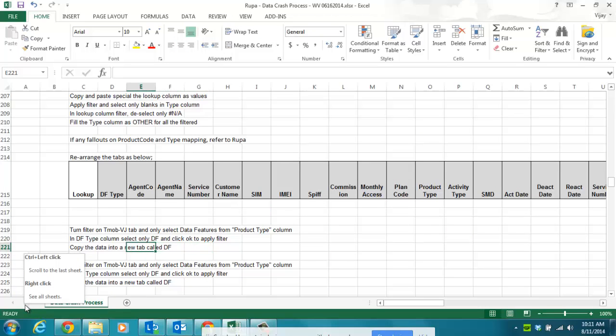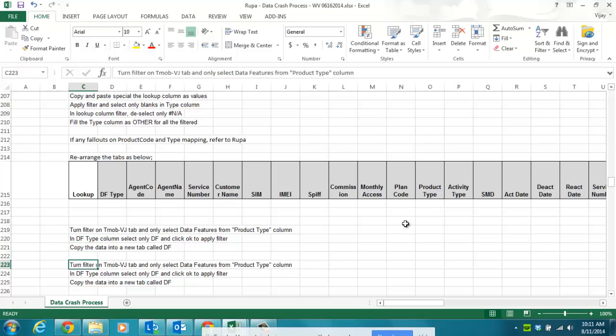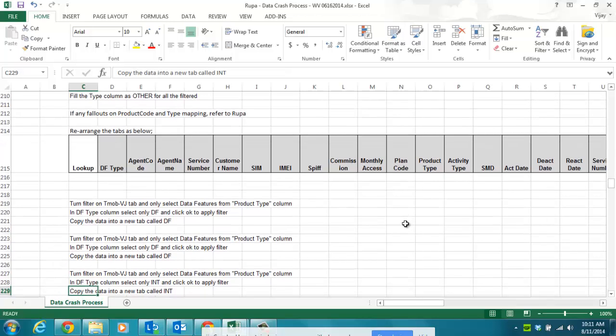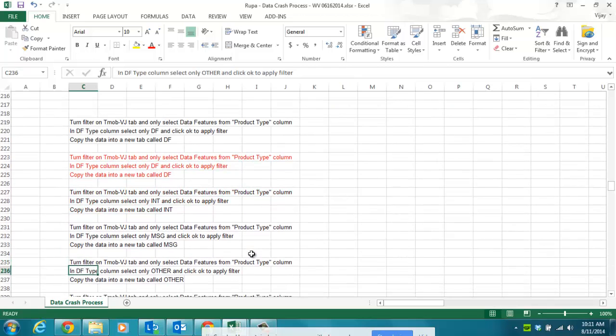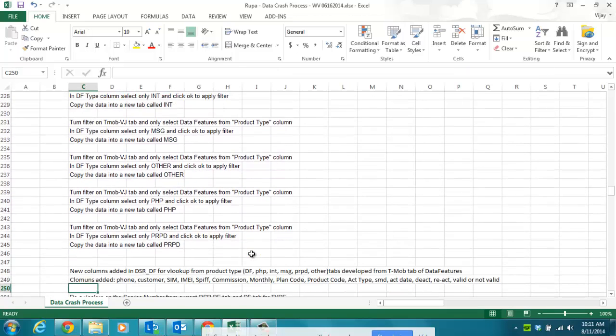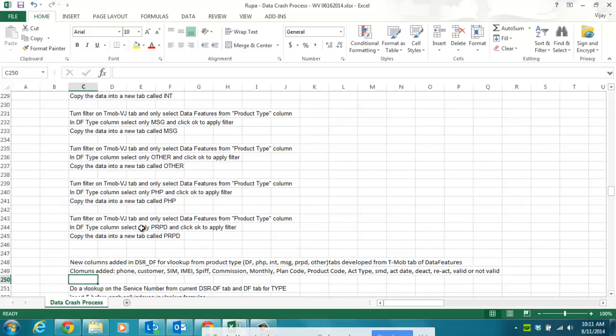So copy the data into a new tab called DF. Now turn filter on T-Mobile widget tab and select only, copy the data into a new tab called DFI. This one is actually a duplicate. So it is international, messaging, other, PHP, prepaid. So once we divided and copied them into different tabs,